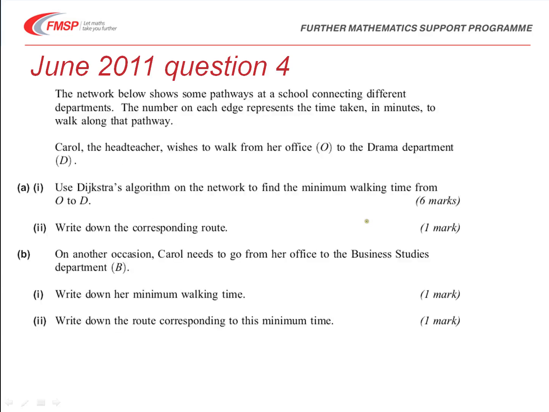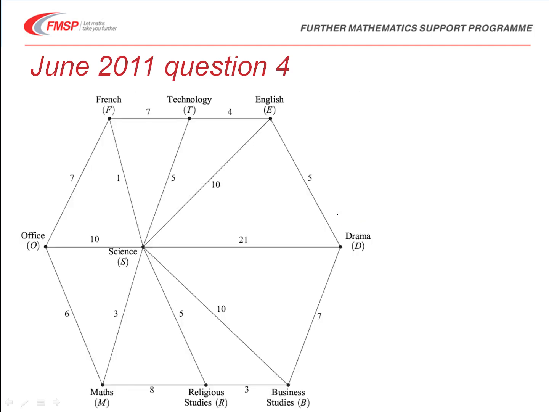Carol, the head teacher, wishes to walk from her office O to the drama department. In part A, we have to use Dijkstra's algorithm to find the minimum walking time from O to D. The key thing we need to do here is to clearly show our method, so that we're showing that we are using Dijkstra's algorithm. She's starting from the office, so that would be our 0 time